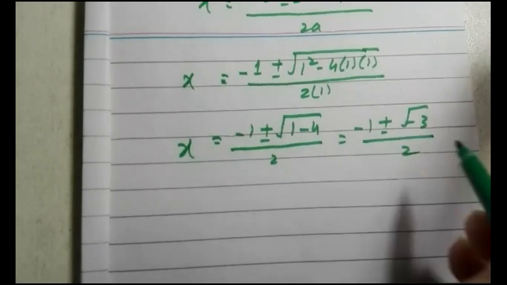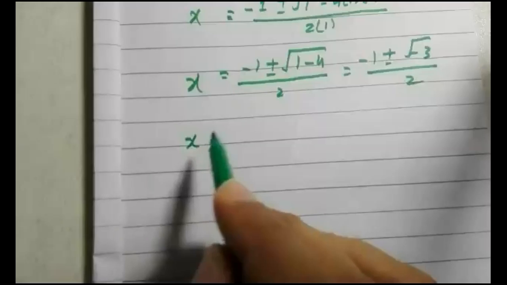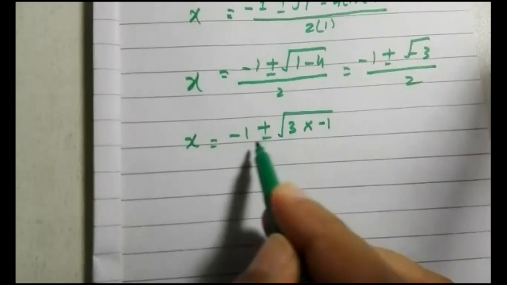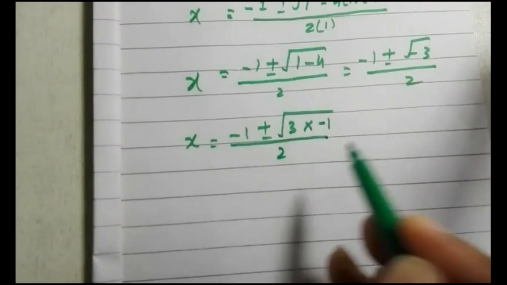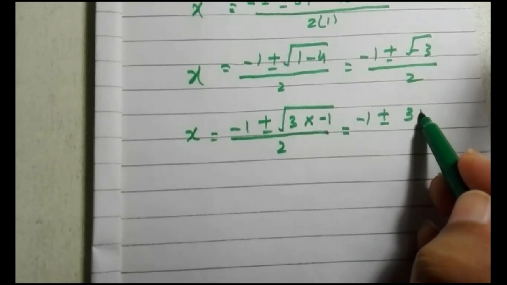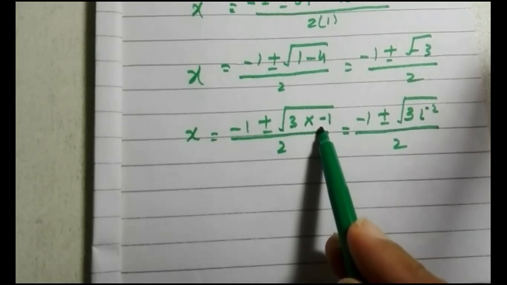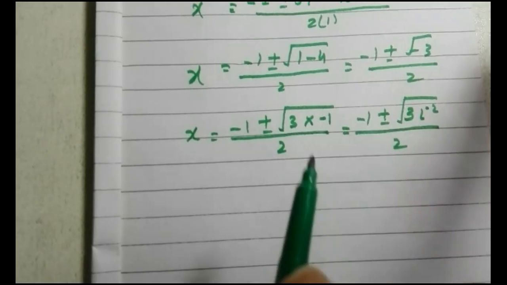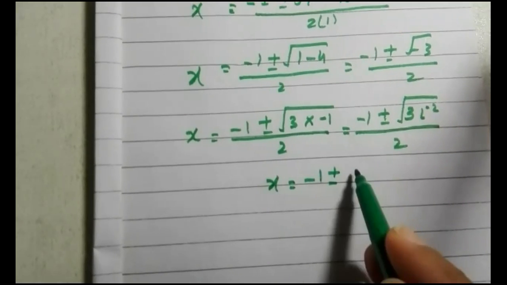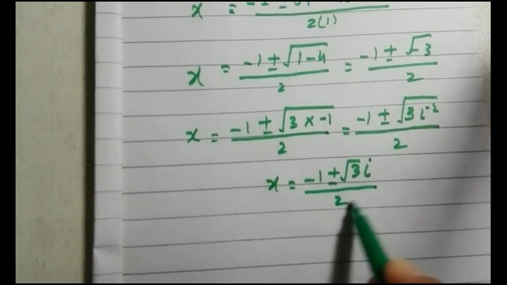So we have gotten two values, and what I can do is write it separately: −1 ± , and you know that 3 will be as it is, and −1 will be written like this because it is within the root sign, or radical sign. So keep −1 inside: −1 ± √3 times −1. −1 will be written as i², as we have done in the complex number system in class 9. So it will be written as (−1 ± √3 i) / 2, with the i written outside the radical sign. So this is the value of x.